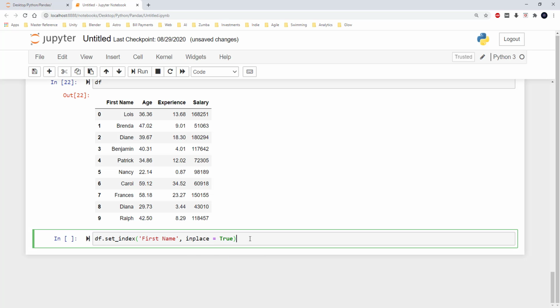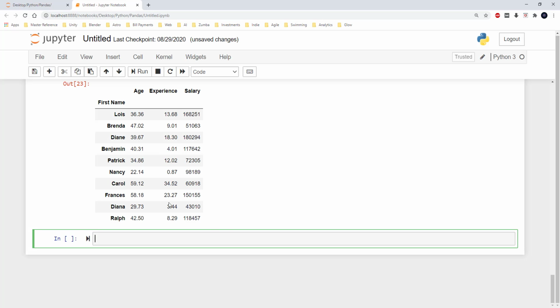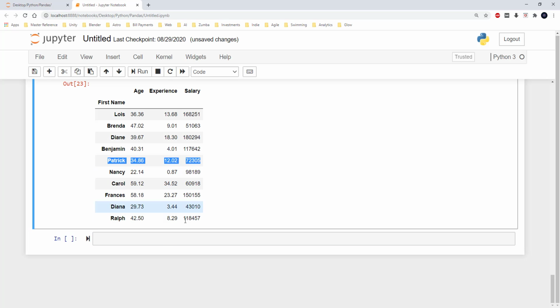So when I do this, and when I display the data frame again, then I should be able to see the first name as the index over here, and I can just use different commands now to select different rows within this data frame. So for that I can use either loc or iloc. I wanted to just select this particular row which has Patrick as the index.